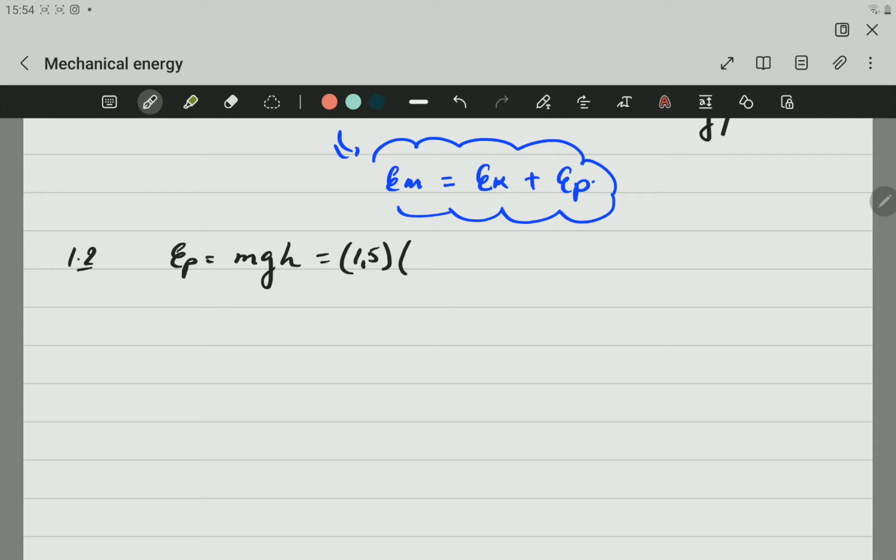We are near the surface of the Earth, so the acceleration due to gravity will be 9.8, and the height is 150 meters. So when you do this calculation, you get 2,205 joules. This is question 1.2, very simple. Now, question